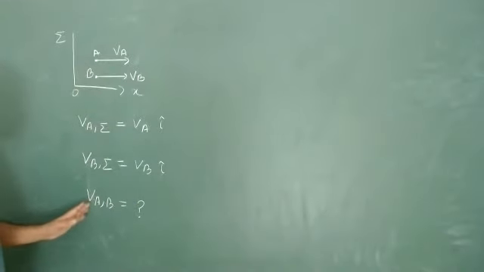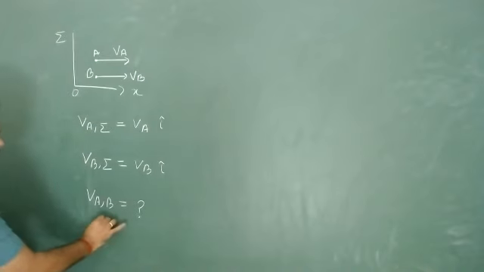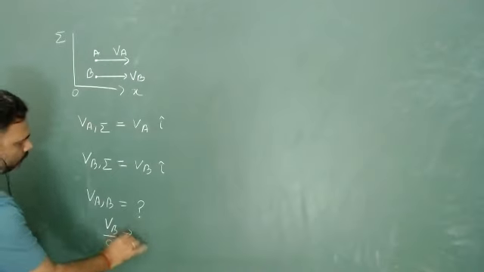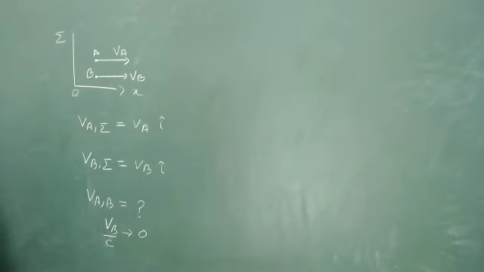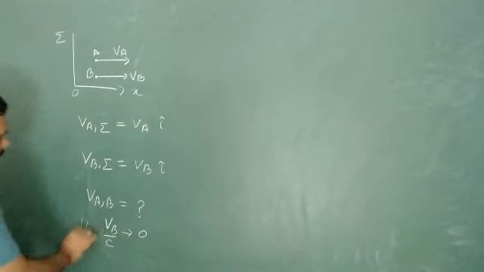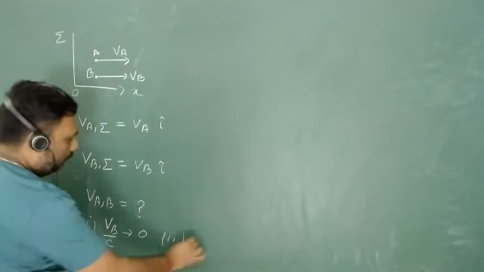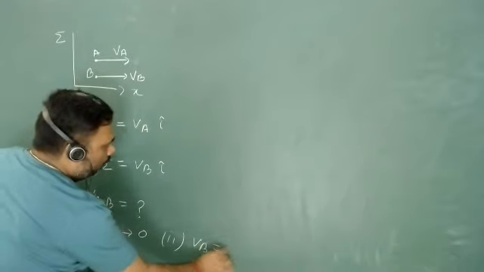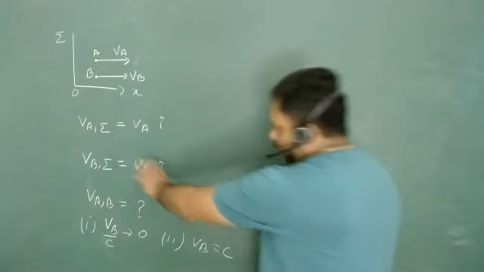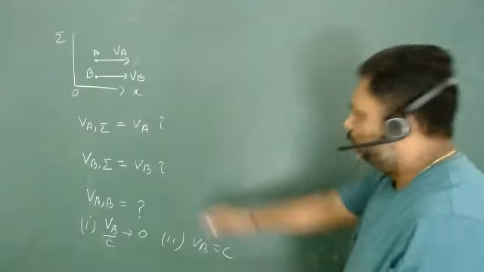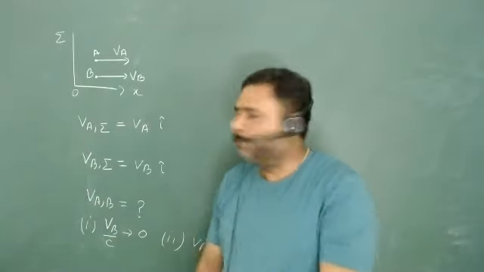Good. So what is the velocity of A with respect to B? What we have to analyze: when VB upon C tends to 0, what is going to happen? This is my first question. And the second question is, what will happen when VB is equal to C? First we will calculate this and then analyze all of it. Thank you for this correction, Hannah. This is the I cap direction.